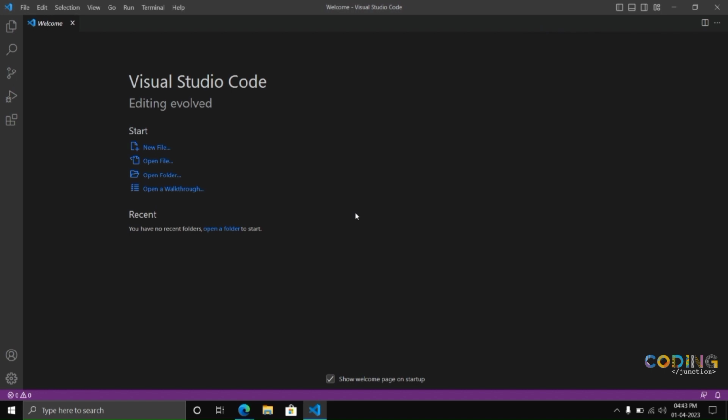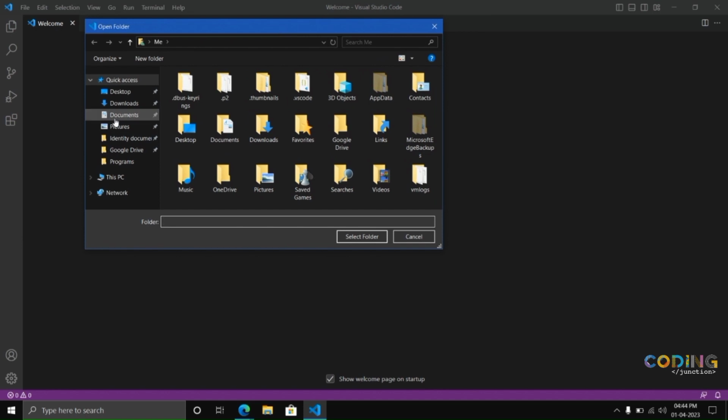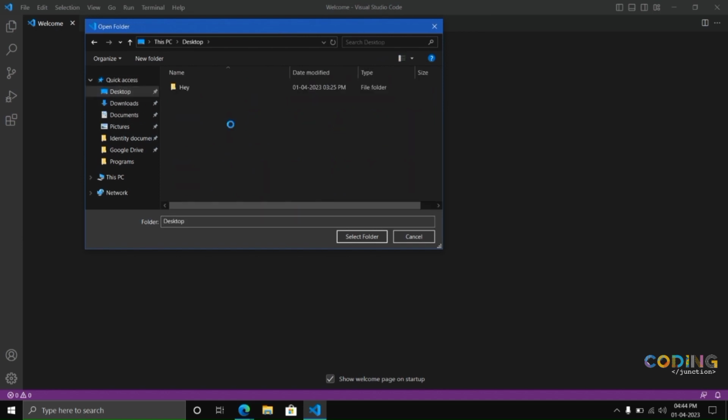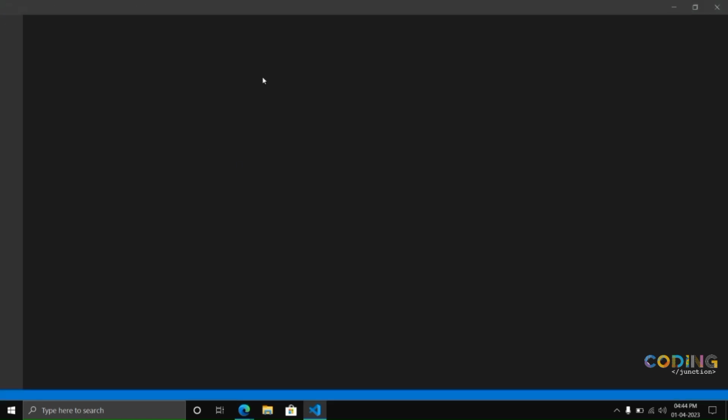So I have successfully opened my VS Code. Now let's open a new folder. So I'll create a new folder for C or C++. So I'll open a folder, and on my desktop I'll create a new folder named C/C++. I can't use C, so I'll write C++ files or projects. So I'll select this folder